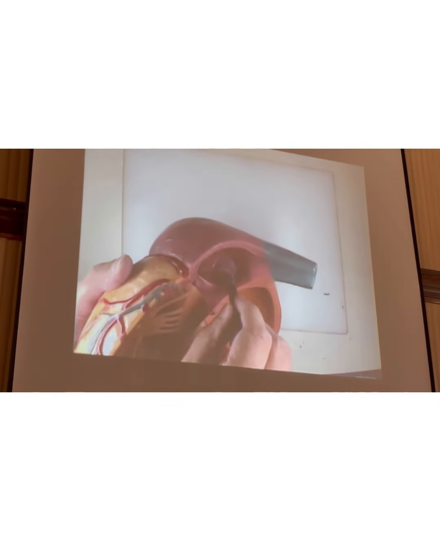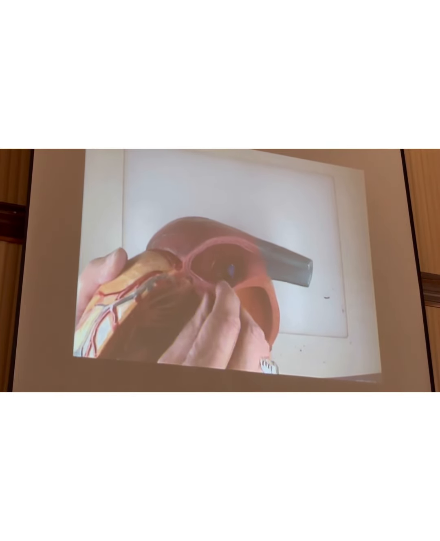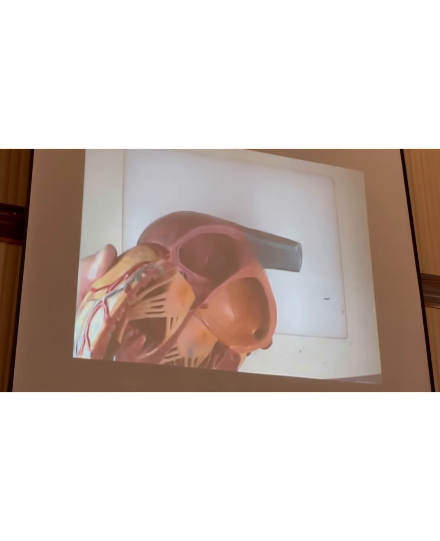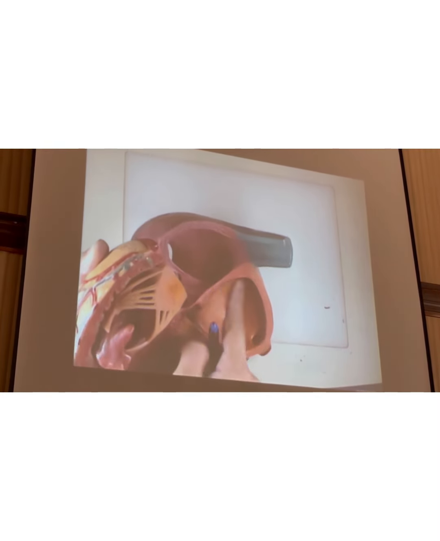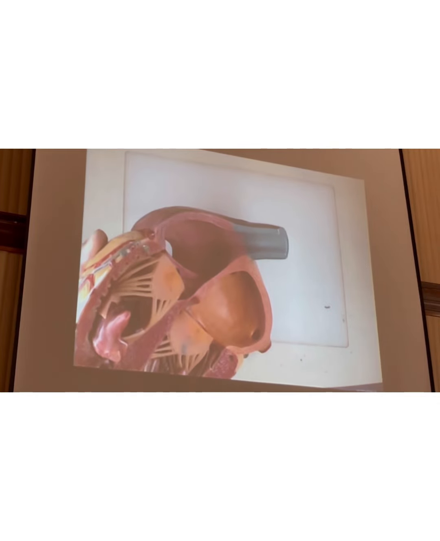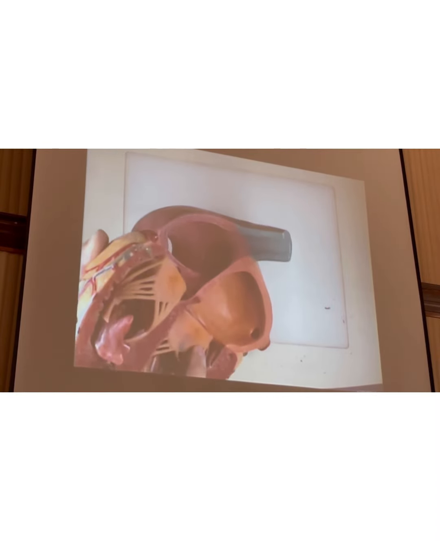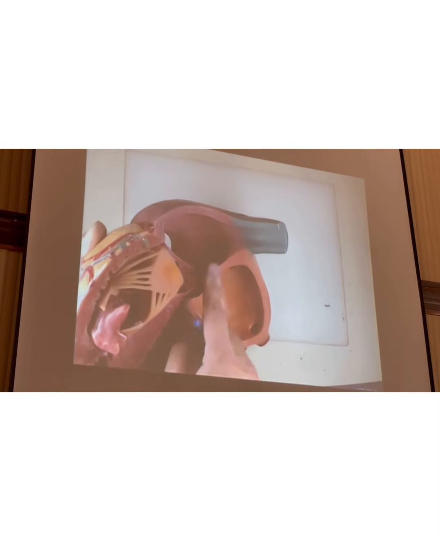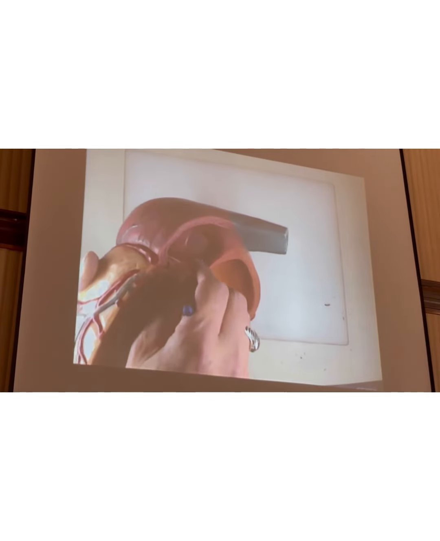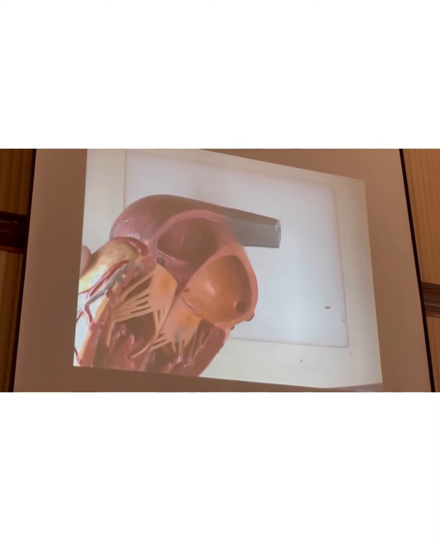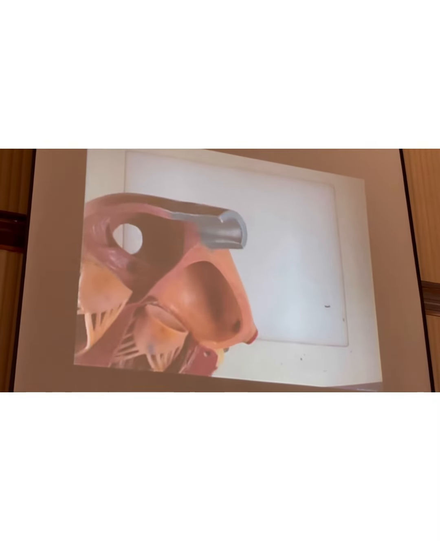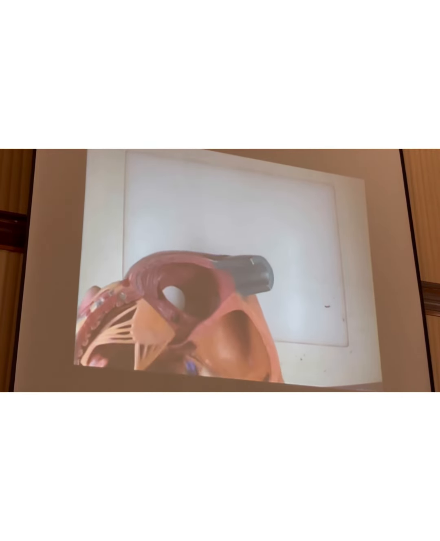So this depression, this circular shape, is the fossa ovalis or oval fossa. It's a depression on the right atrial side of the atrial septum, or interatrial septum. The upper border of it here is called the annulus ovale or oval annulus. Now it's very clear here. So the upper border